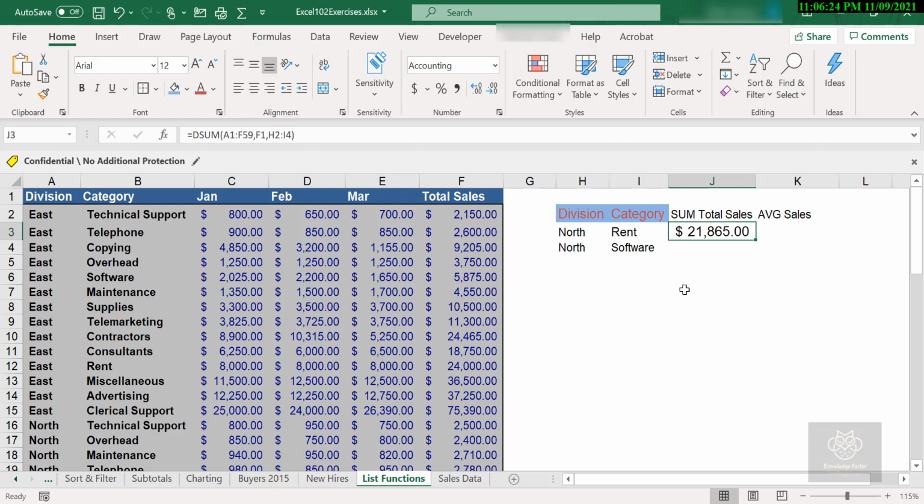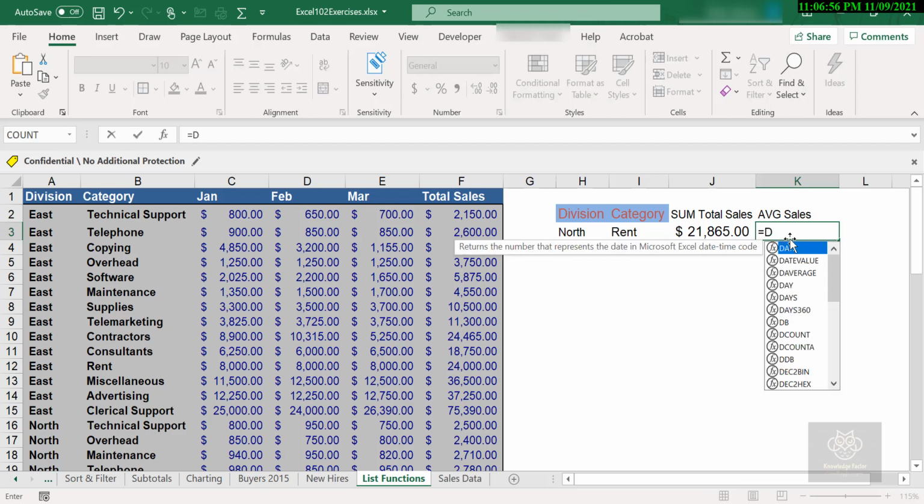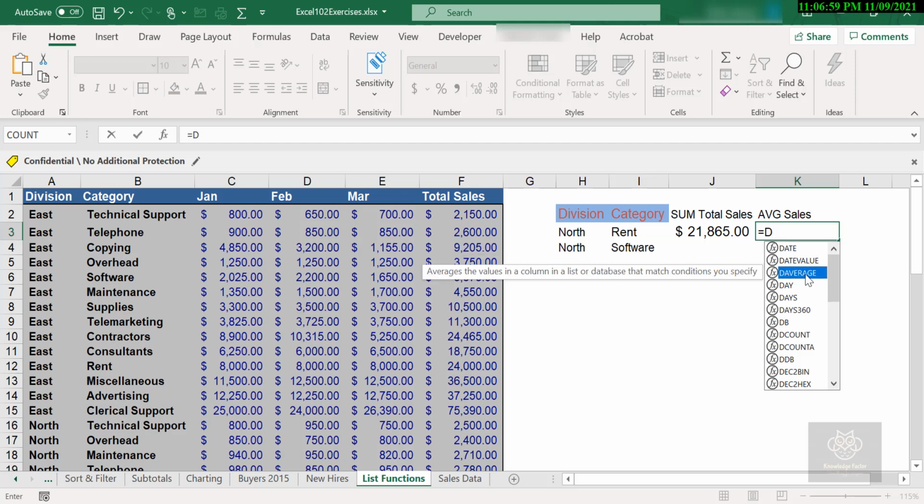So now I have got my average sales here, and I'm just going to use my same criteria section. We can do an and or an or statement exactly the same way that we did with the dsum. So let's start out with a simple one, and then I'll give you an opportunity to practice and do whatever you like. So I'm going to jump into K3. Here we are, and again I'm going to start typing this out by hand. I'm going to say equals daverage. There it is. I'll give that a double click,